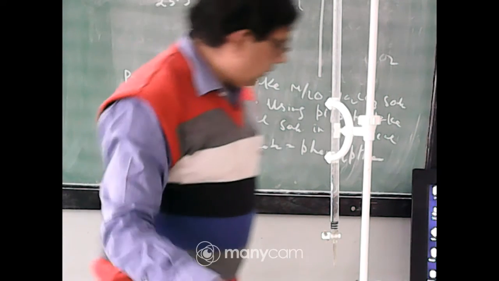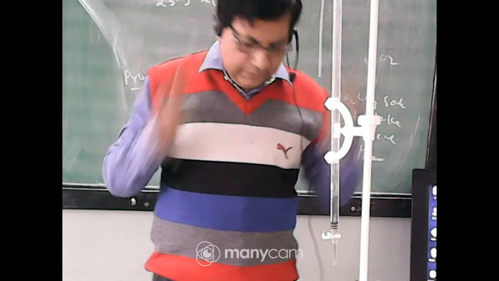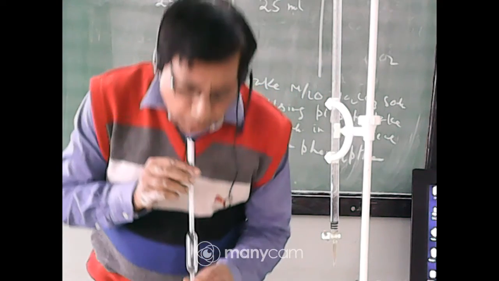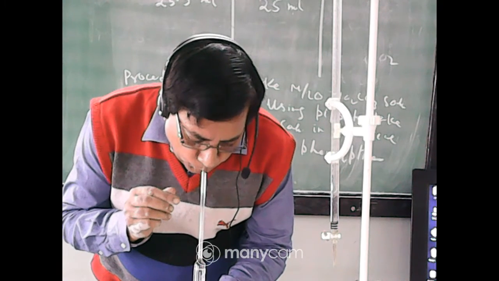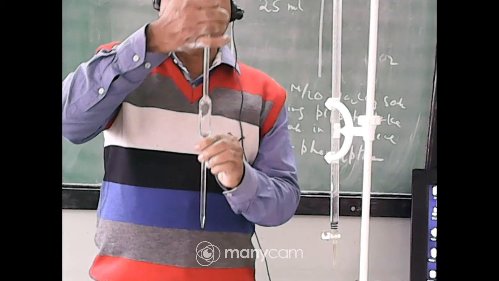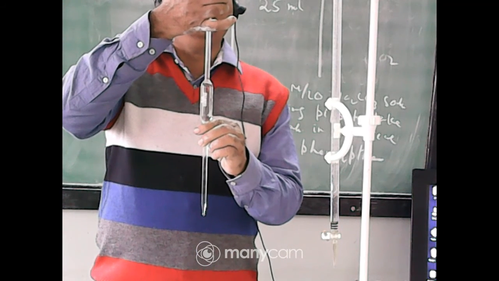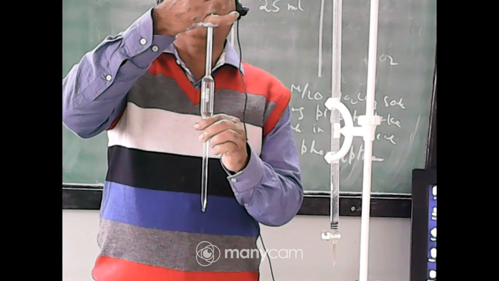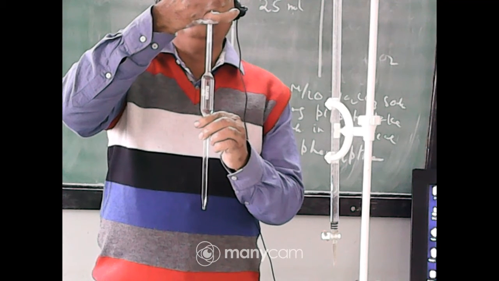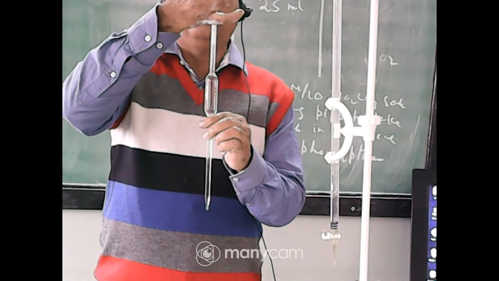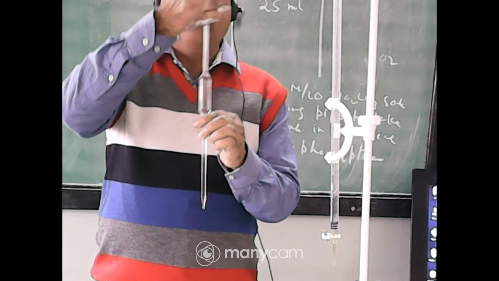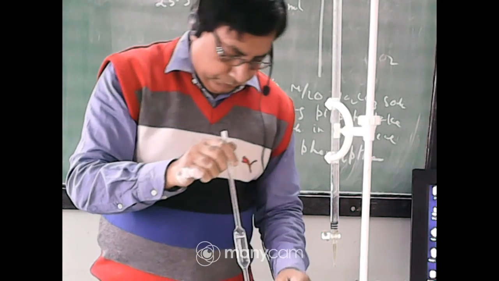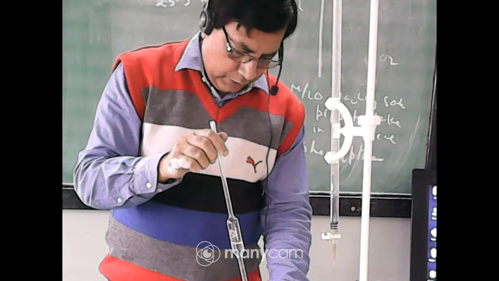With the help of pipette, we again take 25 ml for the second time. A mark is present in the pipette. You have to take the solution up to this mark. Initially, it is very difficult to take the solution in the pipette with the help of mouth. You should be cautious because this is the acid or basic solution. If it is inserted in the mouth, that will be harmful to you. You take the solution in the conical flask.